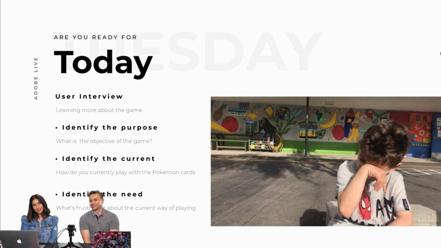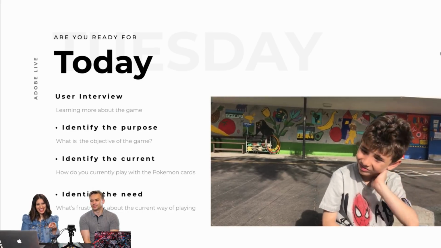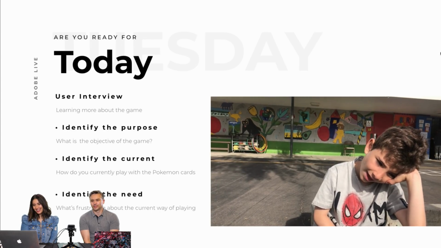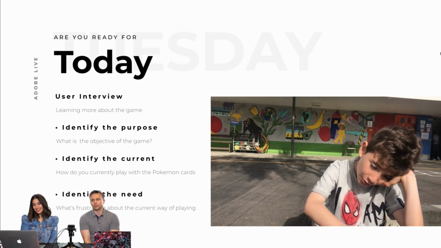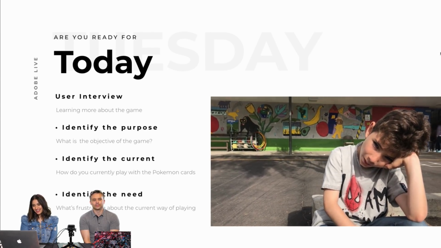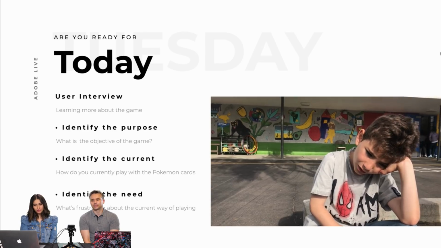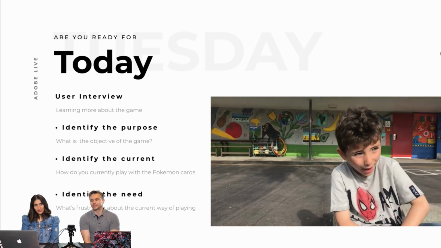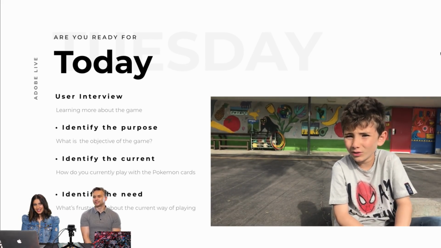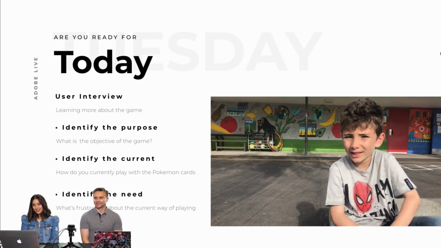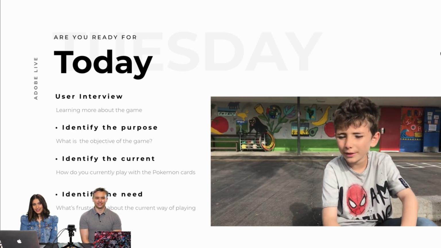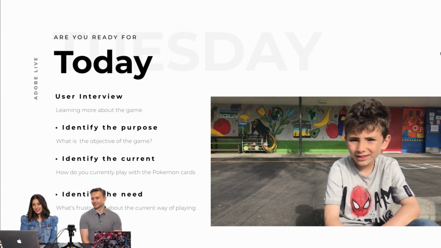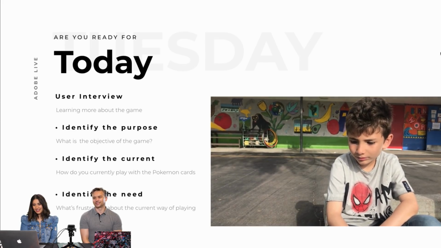Do you think it would be a good idea to show your Pokemon cards to friends? Well, I think that you should show the ones that you want to trade, but not the ones you want to use in battle. Why is that? Well, because if you ever battle them, they would know what Pokemon you would use, and that would be a disadvantage because they would see what the weakness is. If it hits the weakness, it does a lot of damage. Cool. Thank you, Aiden. You're welcome.